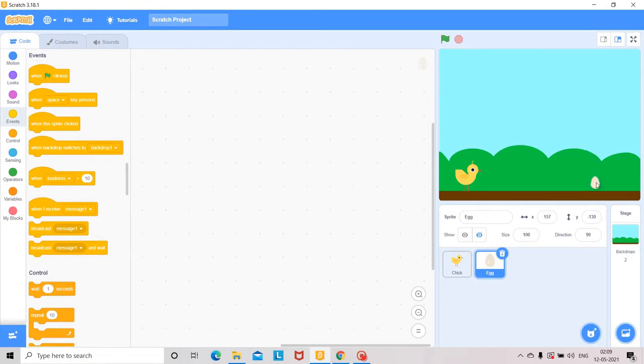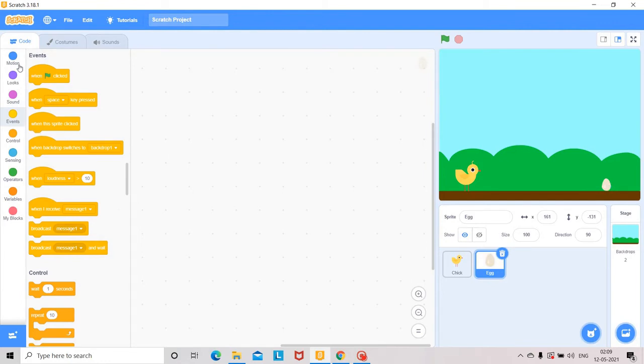Okay, so you set the egg position. So now I set the egg position at x value 161 and y value minus 131. When the game starts, the egg will come from this distance.